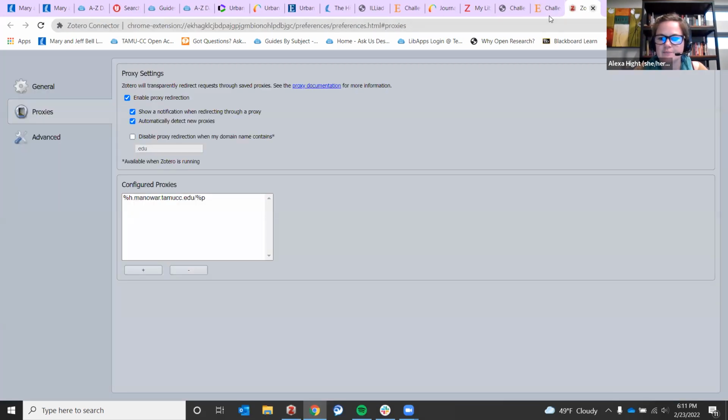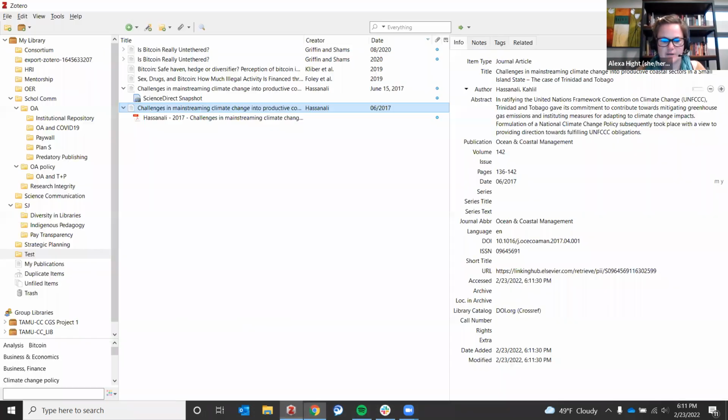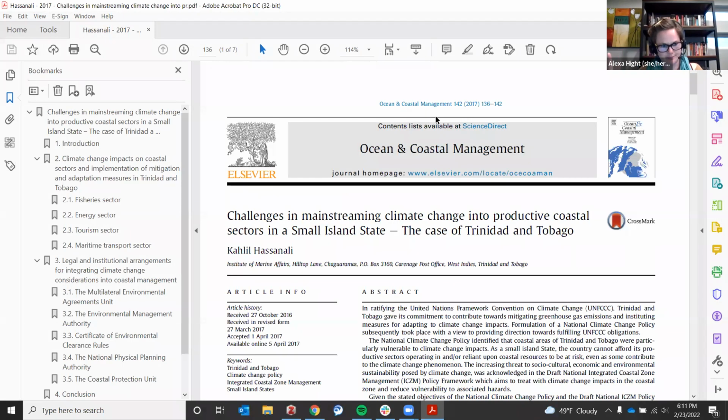Proxy said, oh, okay. So rather than the web page of Elsevier, I opened the PDF. So I have the PDF open. And now if I save it to the test collection, and now I go to Zotero, and I saved it twice now. Now if I try to open this PDF, it will open in Adobe. So Zotero is kind of like sometimes a little finicky and not super fun.